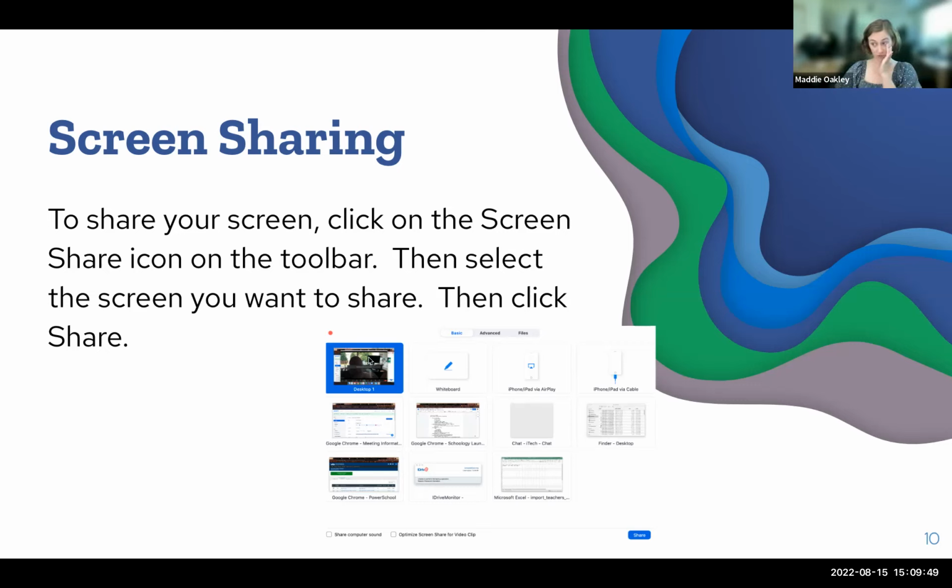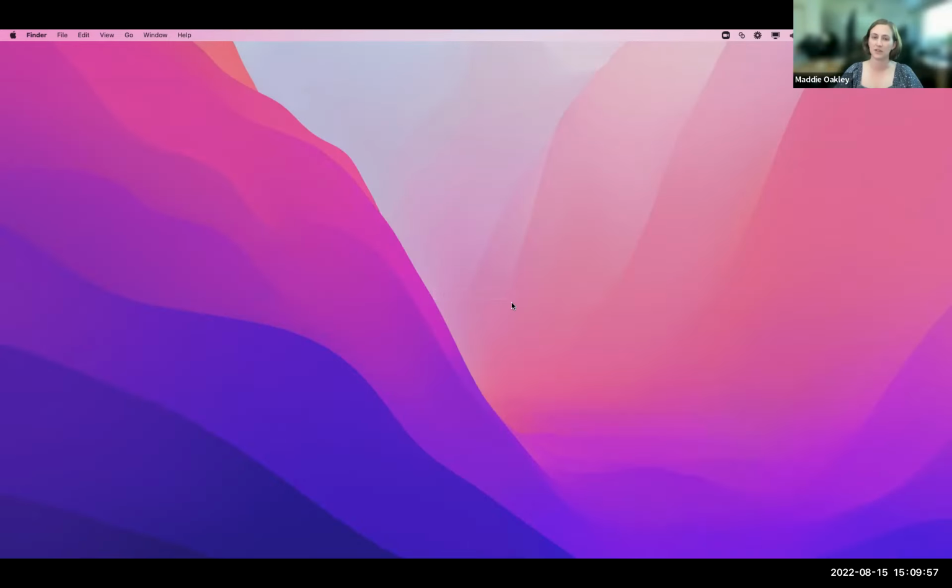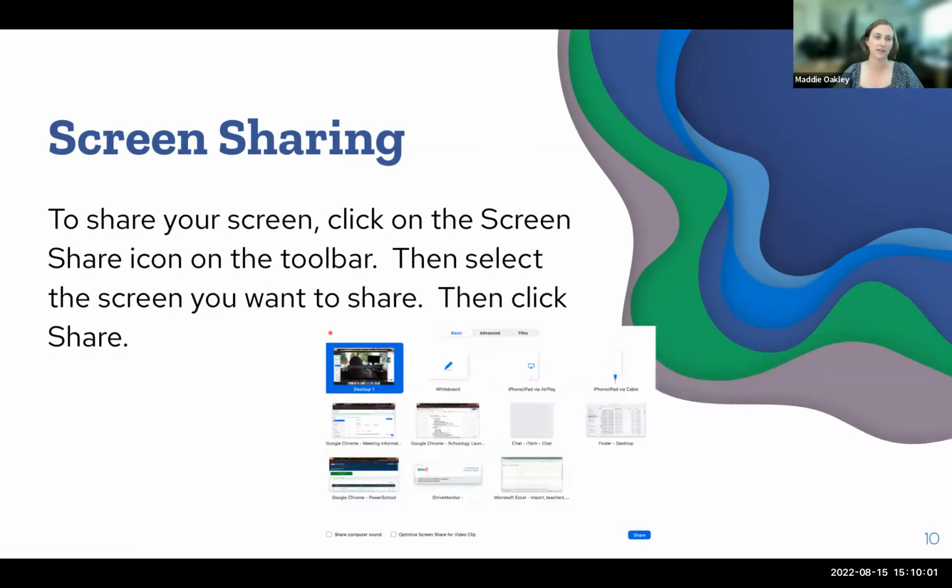So if you choose desktop, that will show everything on your desktop. Right now, I'm showing just my blank desktop, I'm showing my slide deck, and I could pull something over to that desktop and it will show it. So choosing desktop, that first option, means you'll show everything that you can see on your computer, and the participants can see it as well. Okay.